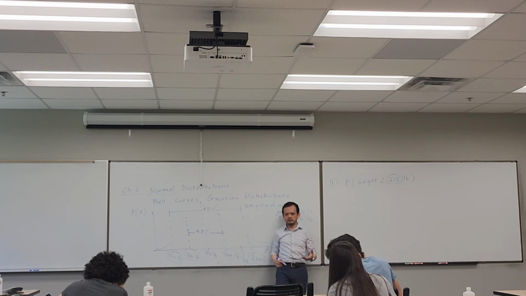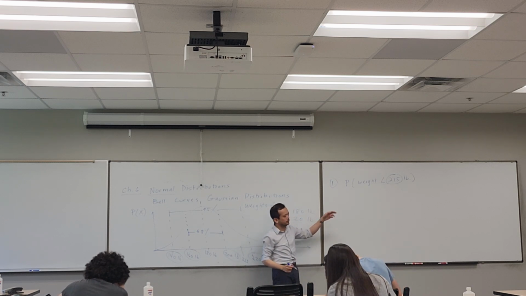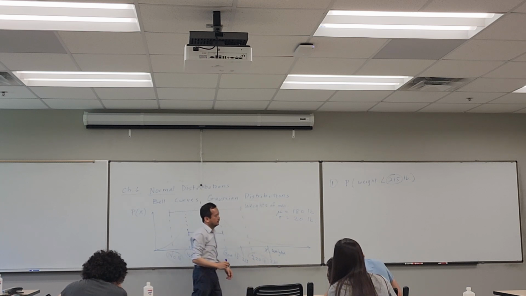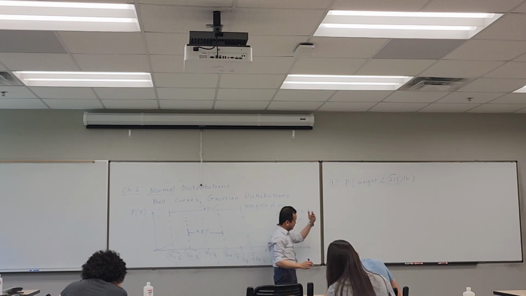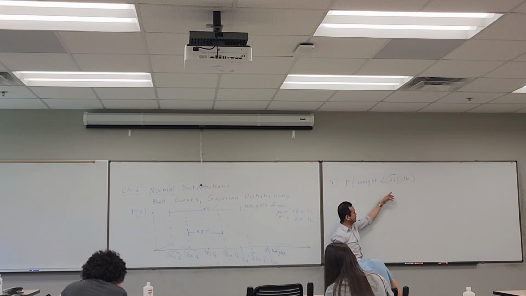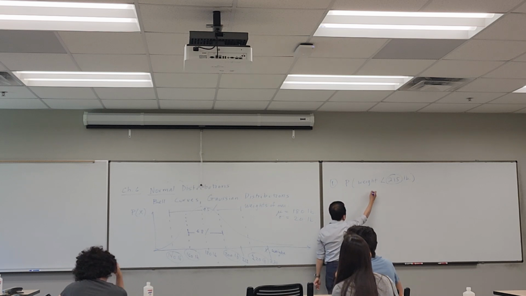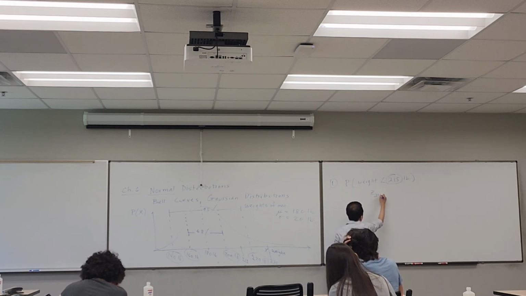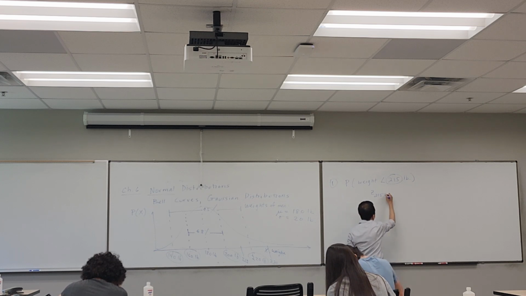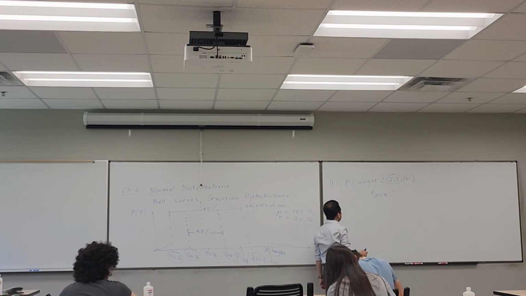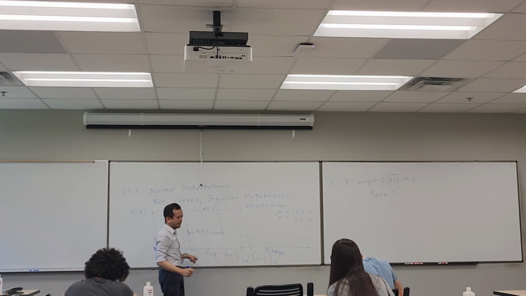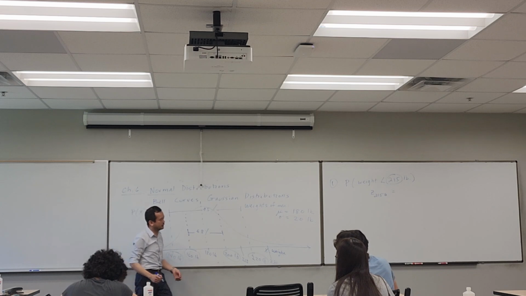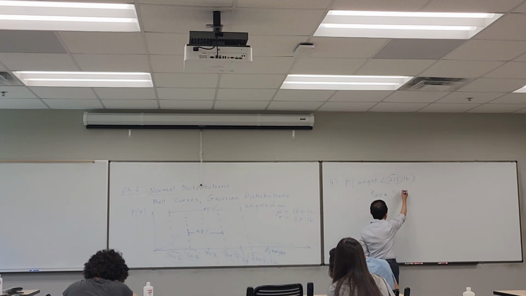So in the past, we've talked about z-score. What does it mean to find the z-score of this data point? Excellent. The z-score of this data point is the number of standard deviations that this data point is away from the mean. So we're going to find the z-score of 215. Basically we're finding the distance of this data point away from the mean, but measured in the number of standard deviations. So this is going to be 215